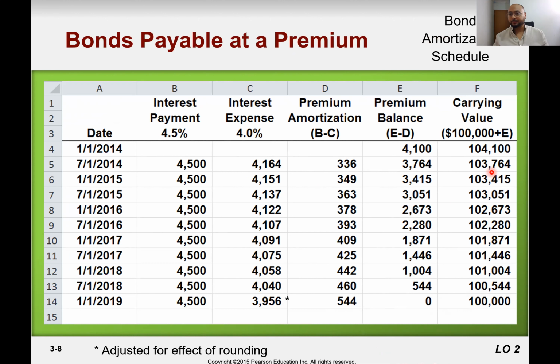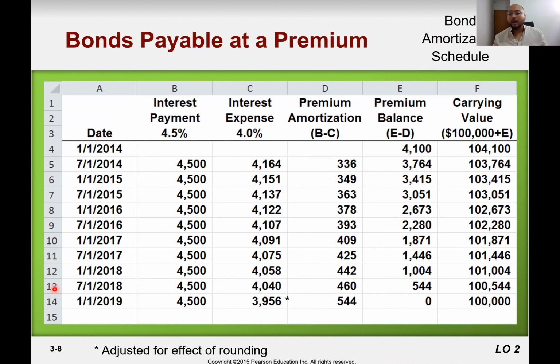So next is going to be, we know that payment is based on fixed 4.5%, so payment won't change. But where this 4151 is coming from, 4% multiplied by the carrying value 103764. If you multiply that, answer would be 4151. So the difference is 346. So 346 would be less from the premium and less from the carrying value,